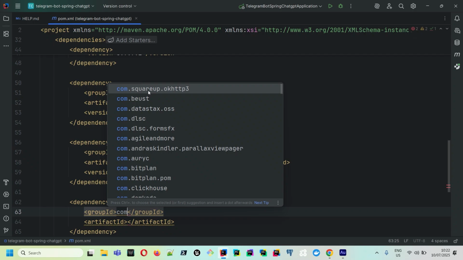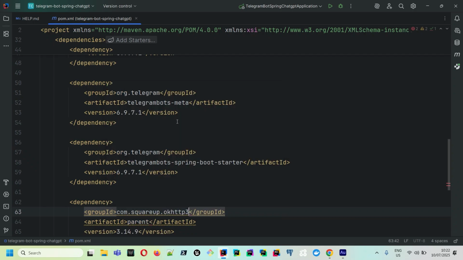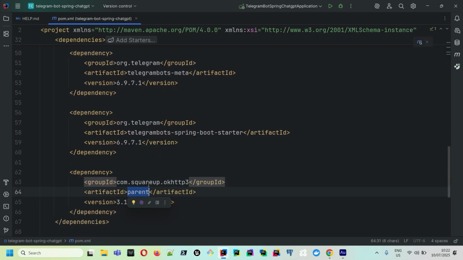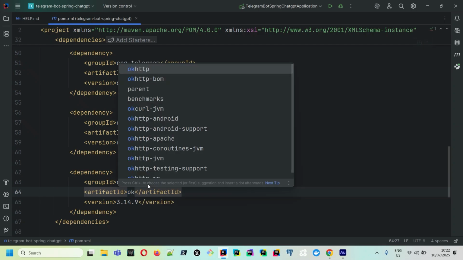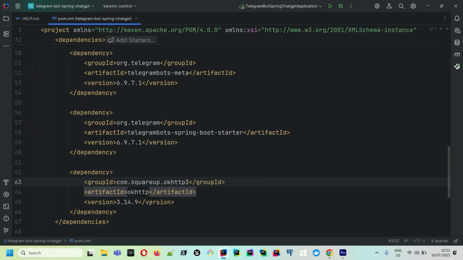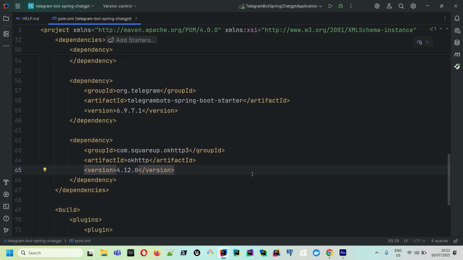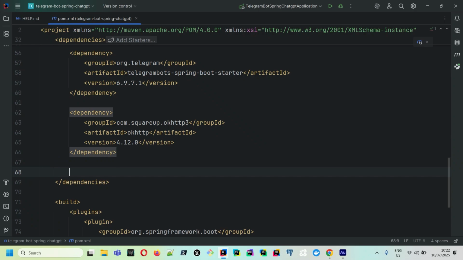Okay, Square OkHttp, not parent, but OkHttp, and the version, let's use the more recent 4.12.0. Okay, and also since we communicate with OpenAI using a JSON format, we need a library which will allow us